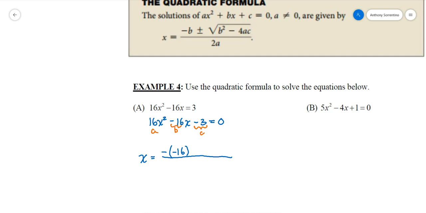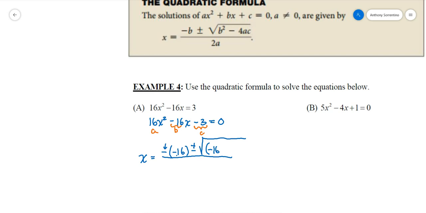No, no, no, nay, nay. That negative here is part of the structure of the formula. This negative is part of the number. I have to include both. Students forget that and end up having a wrong sign there. Plus or minus